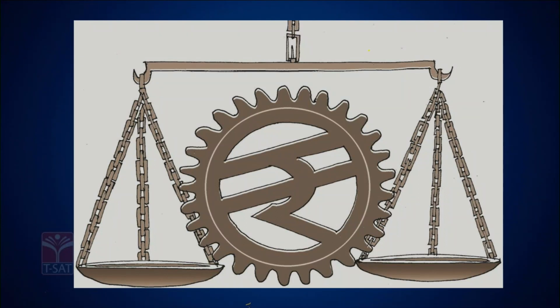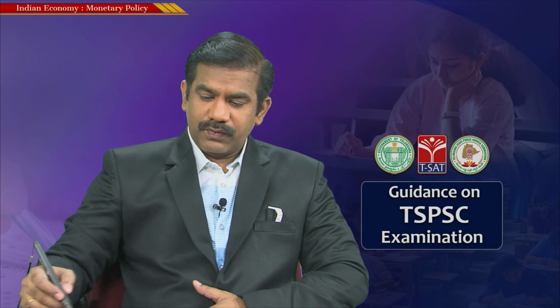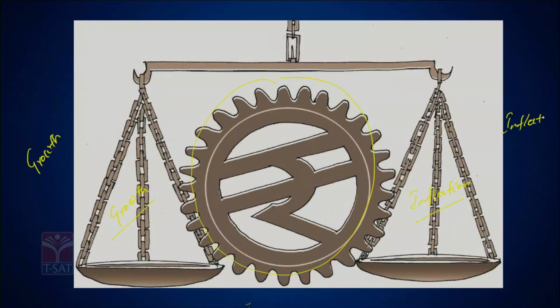At the end of the day, all that the RBI tries to achieve is to balance growth and inflation. Most of you might be aware that if you look at any concept of economy, there is always a trade-off attached. If you want high growth, you need to bear the cost of inflation. And if you are trying to contain inflation, that would come at the cost of a reduction in growth, because if you are trying to keep money tight, then obviously it would result in a fall in the growth rate.